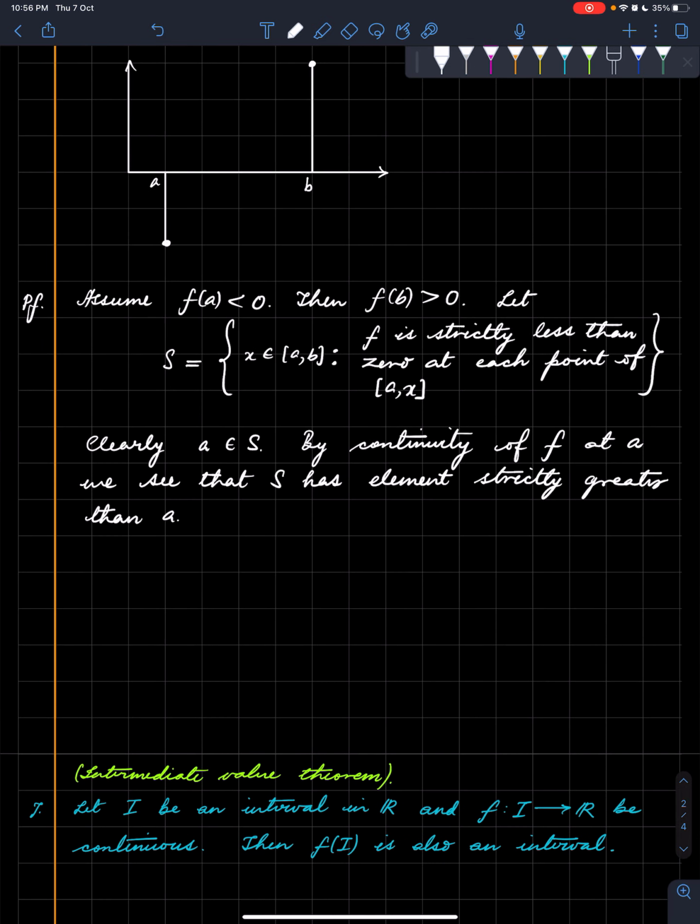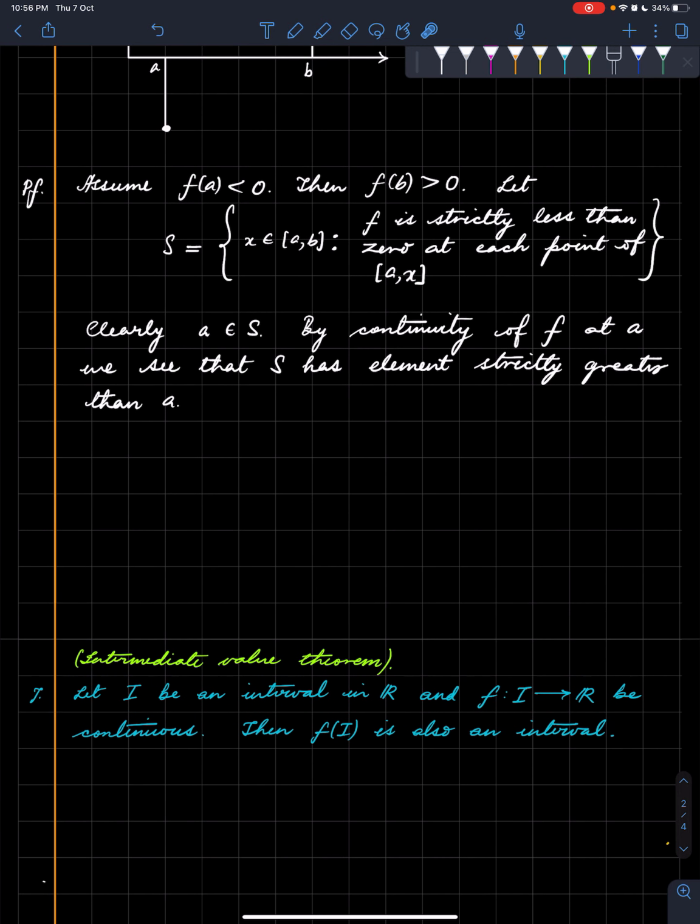Immediately by continuity. Again, let me say one more time. f(a) is negative, so there must be a region around a where f(a) remains negative. That is what continuity tells us. Okay. And now let